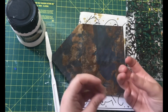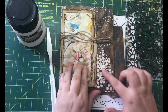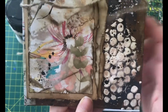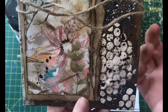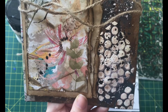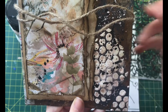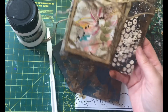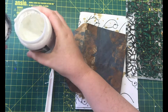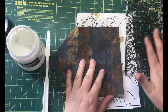Yeah, so your envelope, it'll be crinkled. And what I found is when I've tried to use the texture paste over where it's crinkled, can you see? It's not blurry. It kind of leaked where there wasn't a strong contact between the stencil and the envelope, where there was a wrinkle. I've just kind of got this leaking around the outside. It doesn't make a massive difference, I don't think, because it's grungy anyway, but it's just something I thought I would mention,